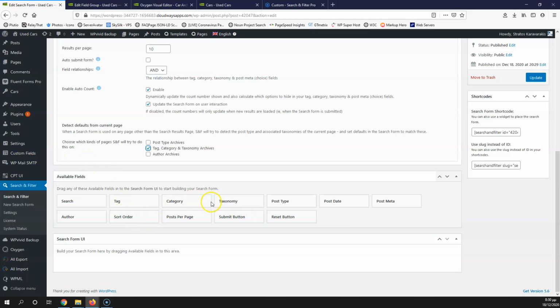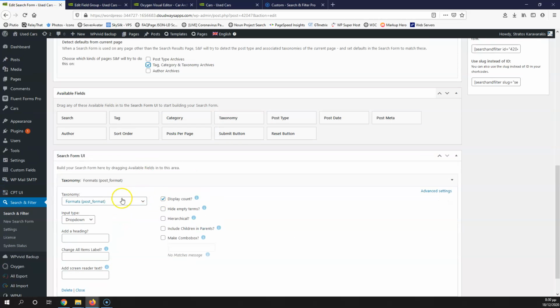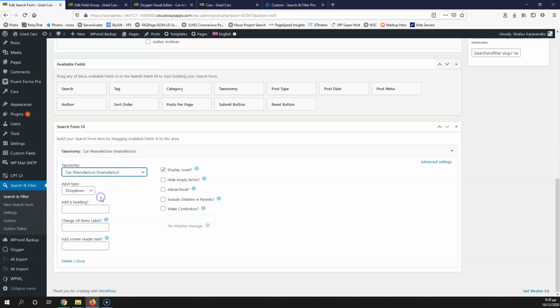So we're going to add a taxonomy again. So basically these options are the same. So car manufacturers, this is a drop down. Add a heading, this is the maker. Or select a maker. All items, again select maker, and add read text, select maker. I'm going to hide the display count, I'm going to hide empty terms, I'm going to leave everything else as it is, and let's